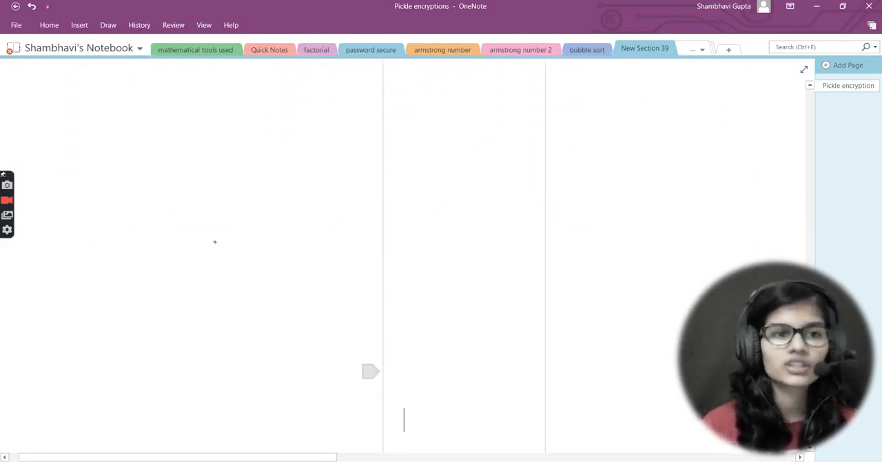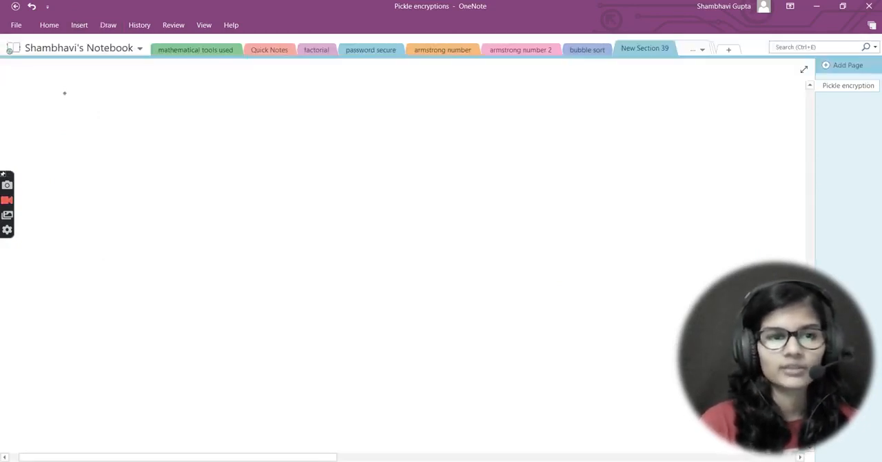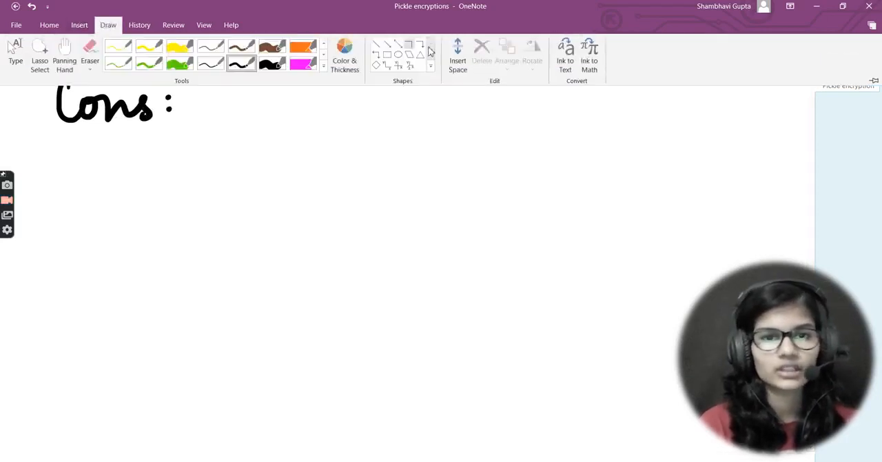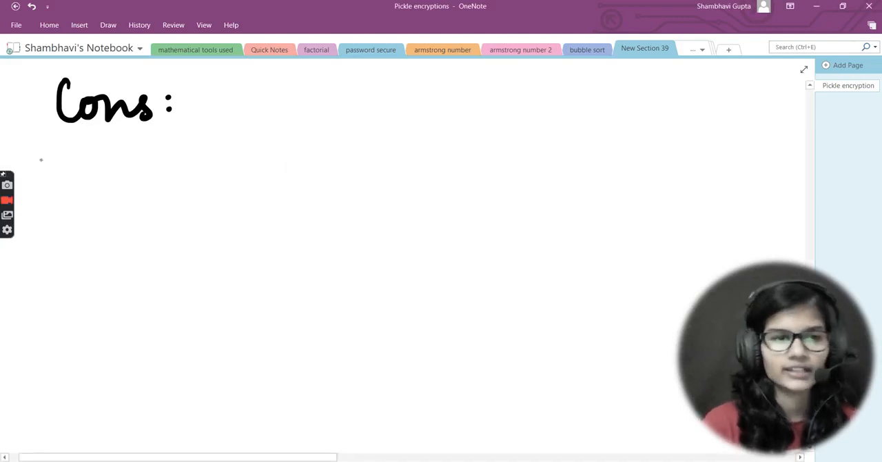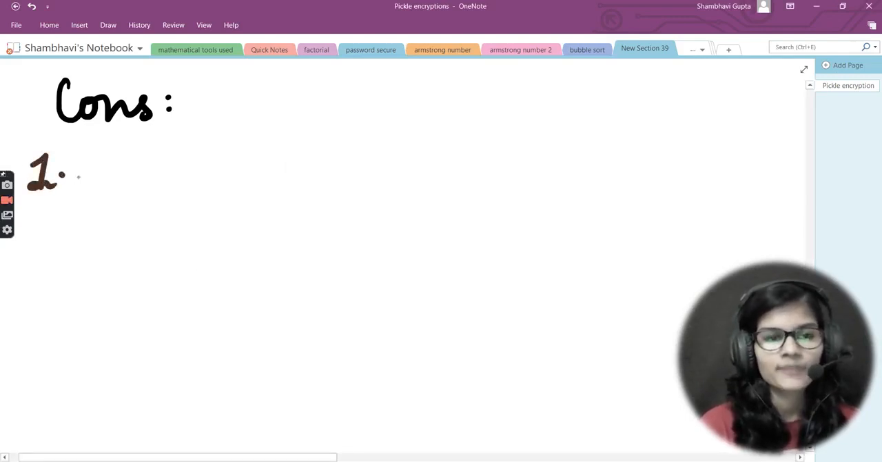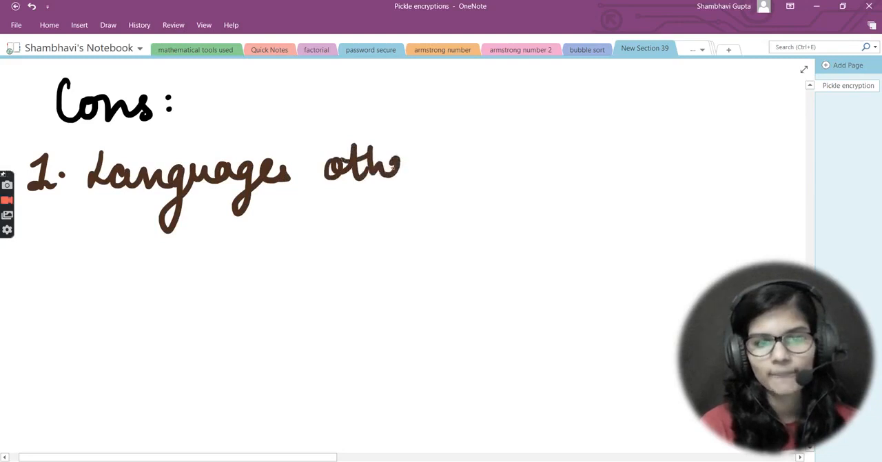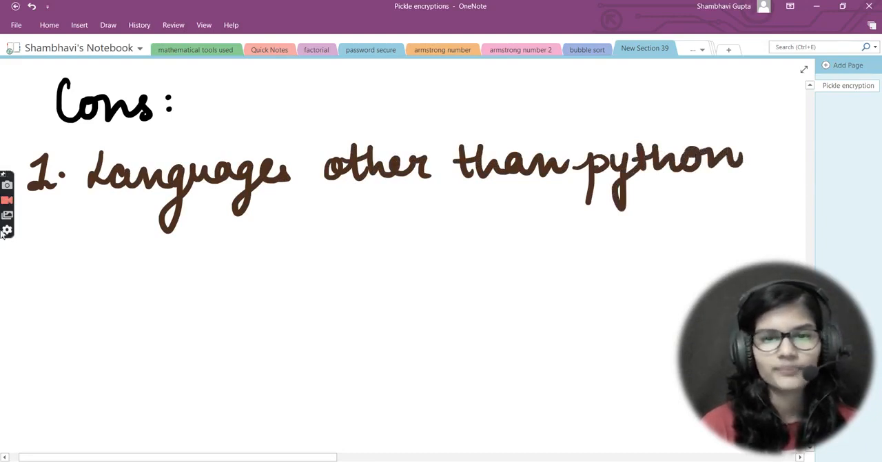And now let's move towards the cons. Cons means the disadvantages that we have here. So let me write that cons here. Let me take out a color so that we can proceed with the writing. Now, the very first con which I'll be discussing here is languages other than Python